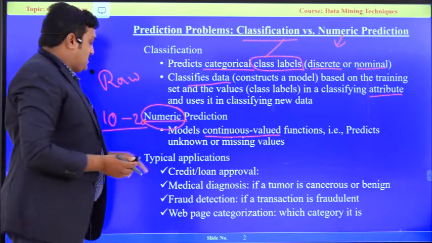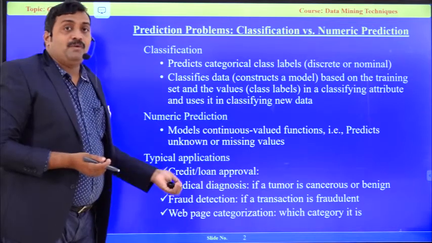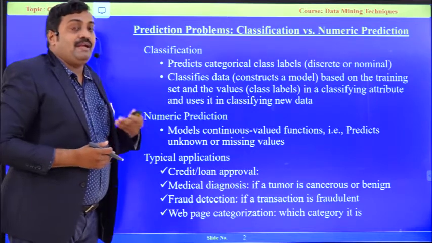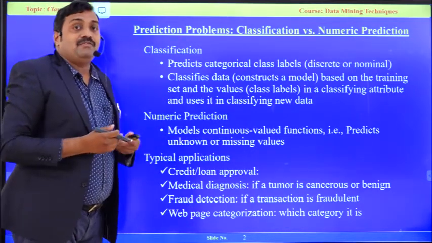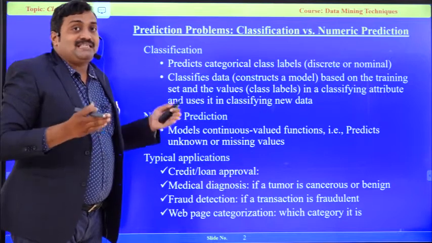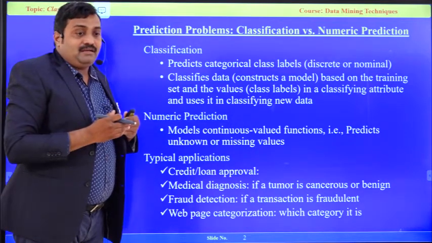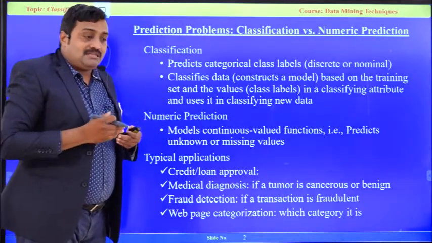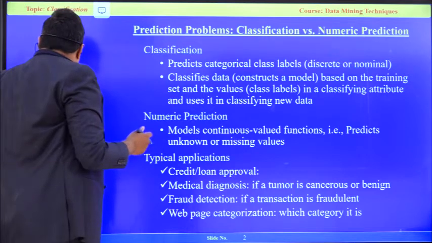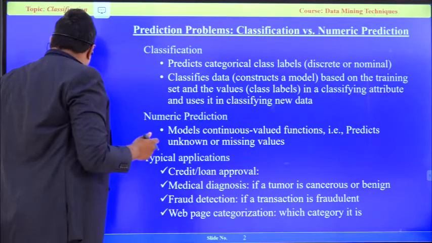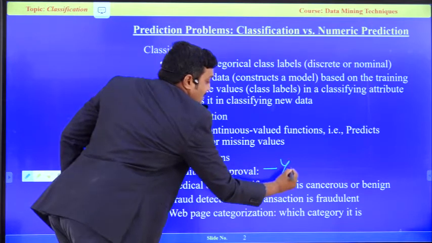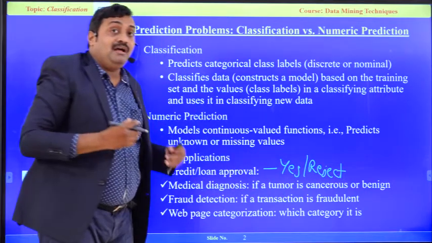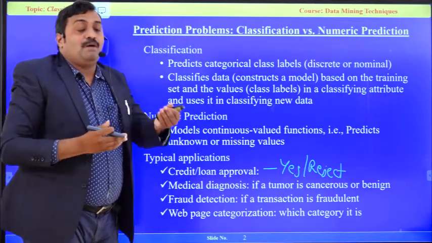The best example, a very simple example, is approval of a credit card, which is classification. As a bank customer, I am trying to apply for a credit card or a loan. Then they check my details, like what is my salary, what are the previous loans, whether the candidate is paying on time or not. Based on that analysis, the bank decides whether to give the loan, yes or reject. That means sanctioning or not sanctioning the loan or credit card based on my information given through the application.